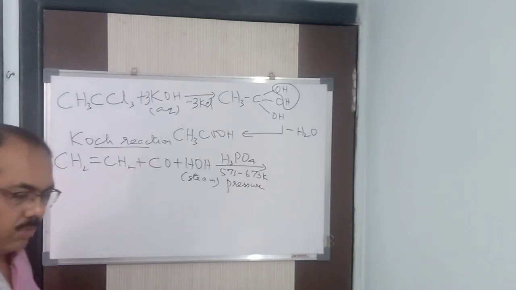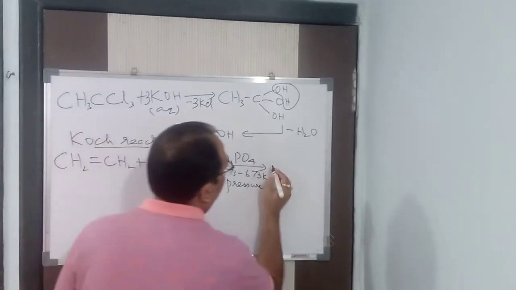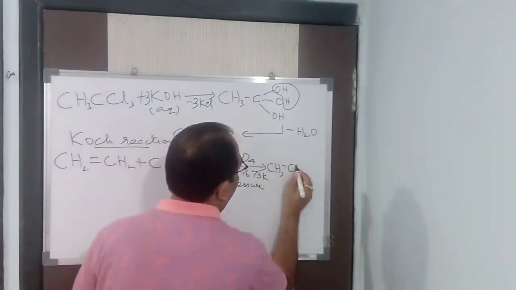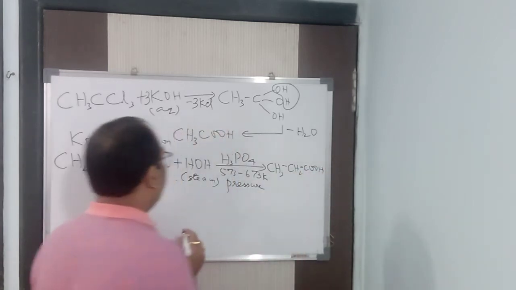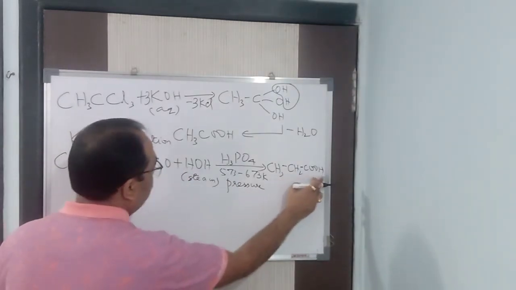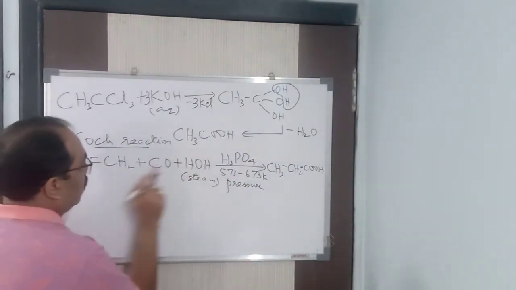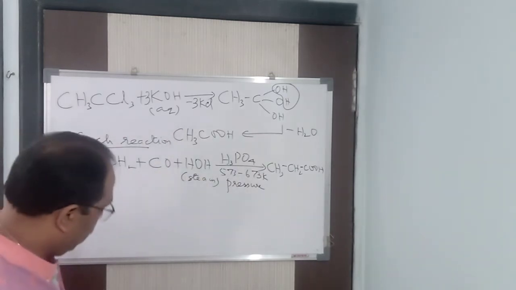Addition reaction is going to take place. How is it going to undergo addition reaction? Total 3 carbons are there. So CH3, CH2, COOH. See, how many hydrogens are there? CH3 is 3, and CH2 is 2, so 2, 4, 6. Three carbons and 2 oxygens. CH3CH2COOH, we can say.